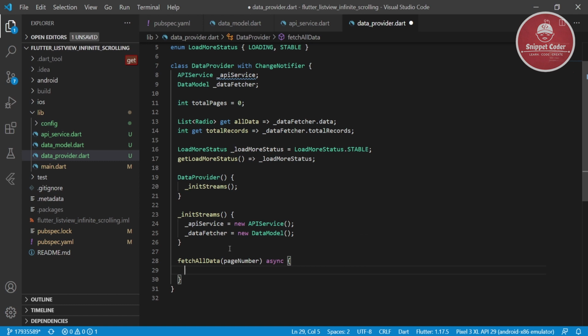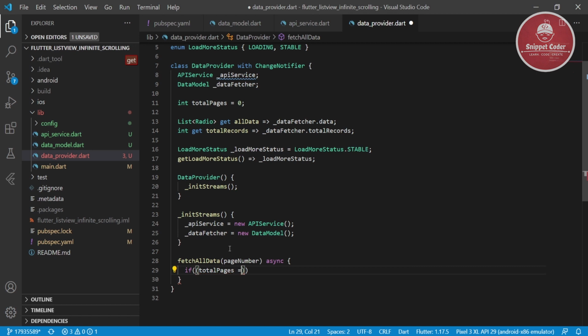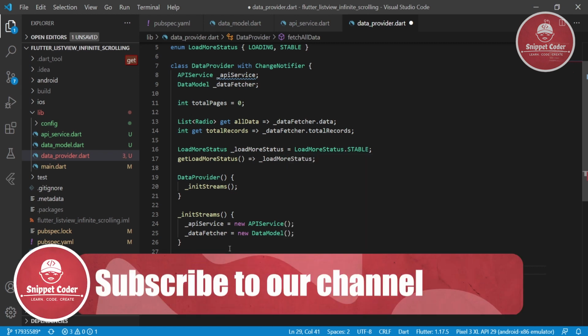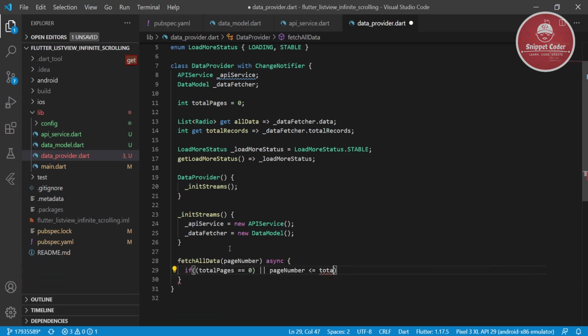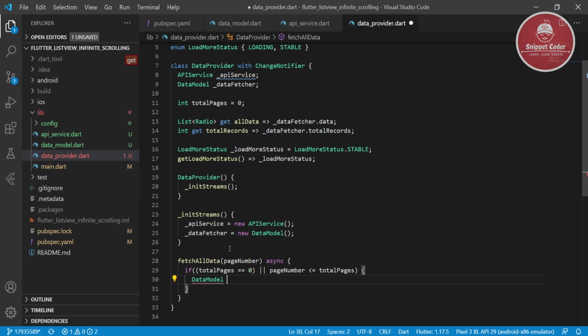Here in this we will call the API method, and we will check if total pages is equal to 0 or page number is less than or equal to total pages, then we will call the data model: itemModel is equal to await apiService.getData, passing the parameter of page number.